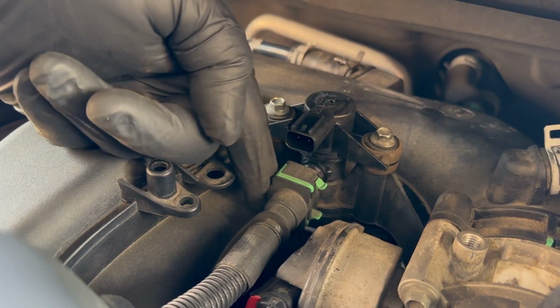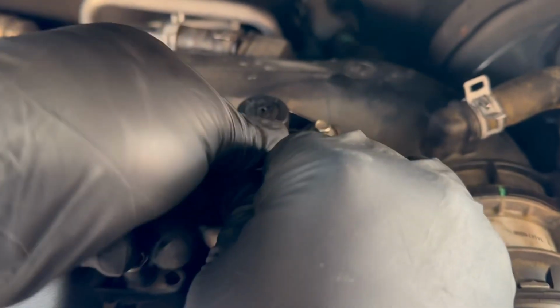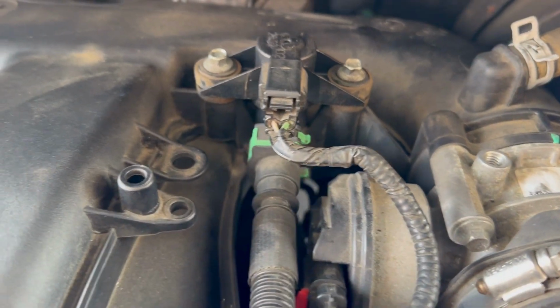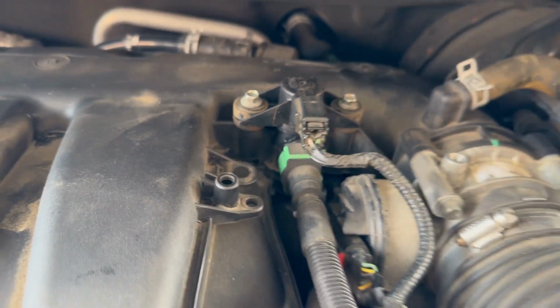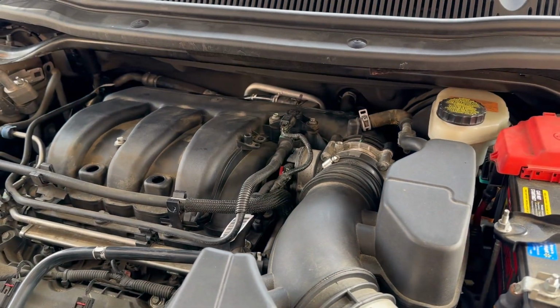Plug this hose back, press the clip, and push in this purge valve connector. Alright, and let's go ahead and clear your check engine light, and hopefully this will help you solve the